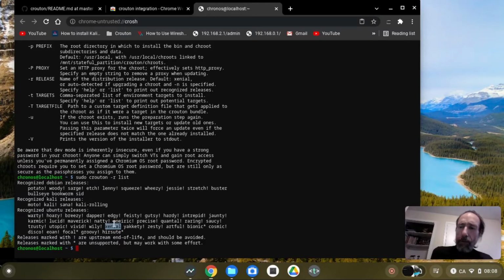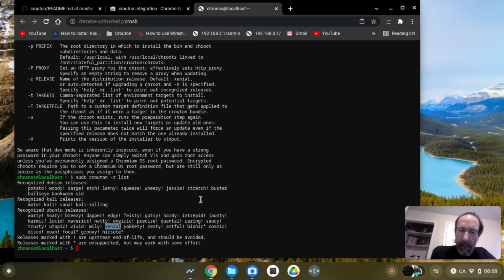If you install Crouton without saying anything, it's gonna install an Ubuntu release, xenial, which is equivalent to Ubuntu version 16 point something. But it would be possible to perhaps use Buster or Bullseye. Maybe I'll try some other tests later,